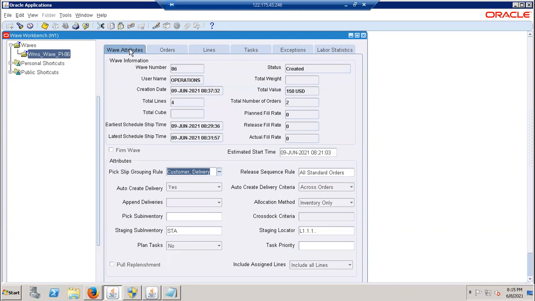So ideally, if you see under the total number of orders, there is something called planned fill rate, release fill rate, actual fill rate, correct? As we try to do the planning, as we try to do the other things, these parameters will change. We'll see that. Next, once we are doing it, we have to plan a wave. So let's see how do you plan a wave. For that, again, we need to go to the